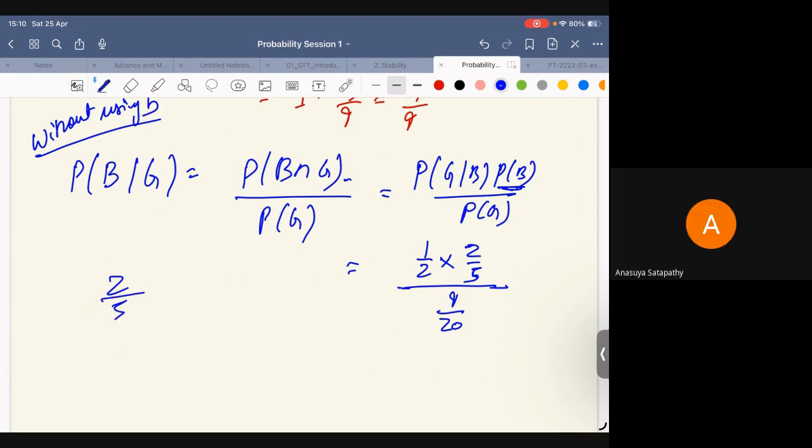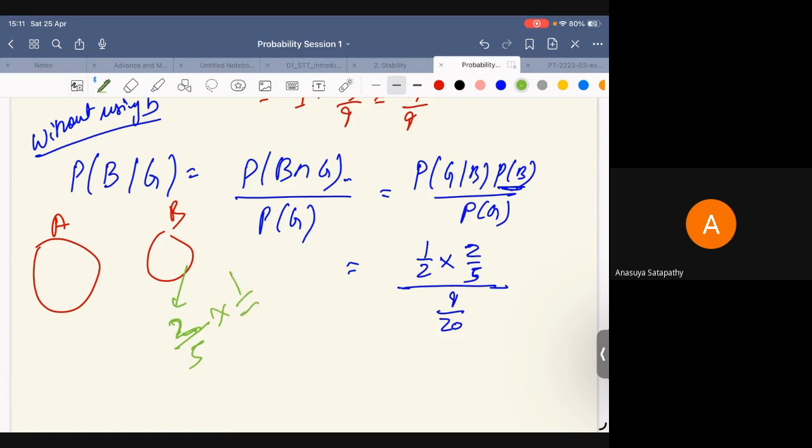Yes. Okay, but this will be wrong, because there is a condition. You have two bags, A and B. You said the probability from B is 2 by 5. Logically it seems to be correct, but actually it's not correct, because then I will ask you, how did you know that it came from B? What is the probability of selecting the bag B? You will miss that probability, since you said it is from bag B, but I said, where? You show me it is from bag B. If you would have